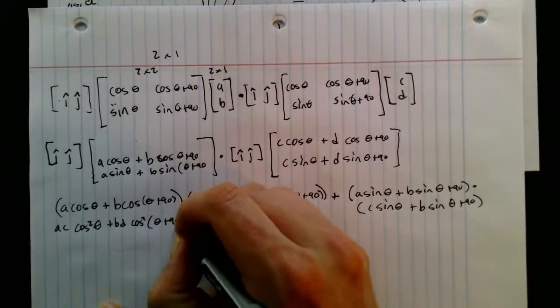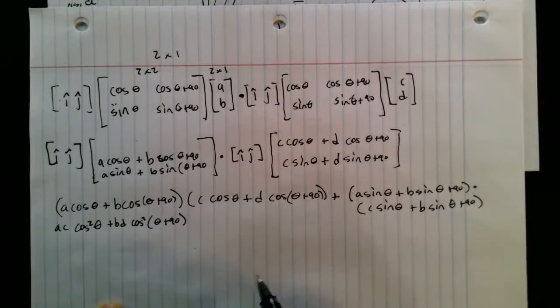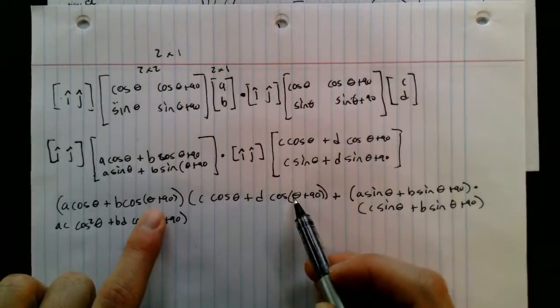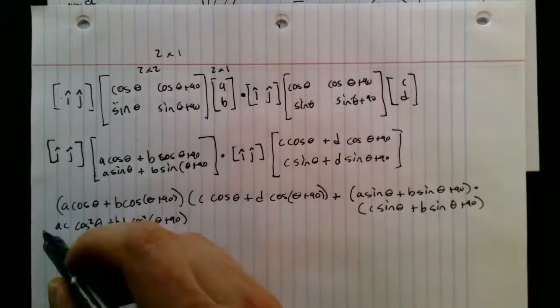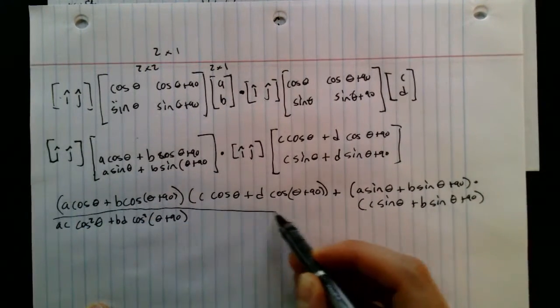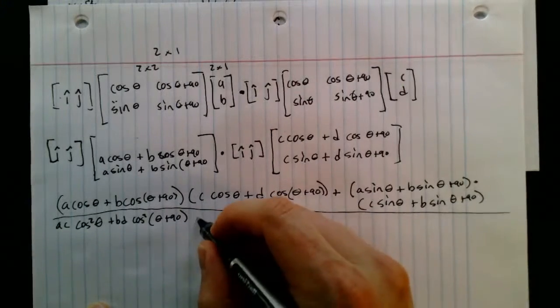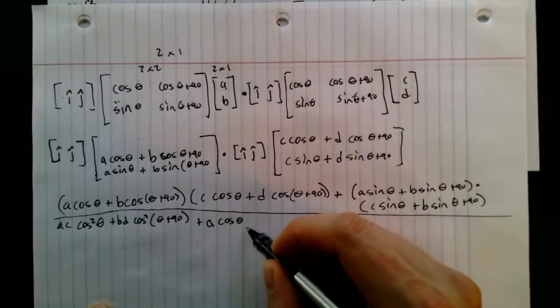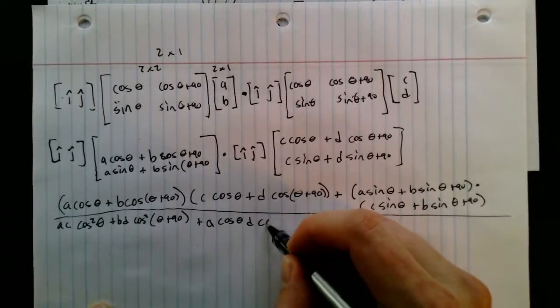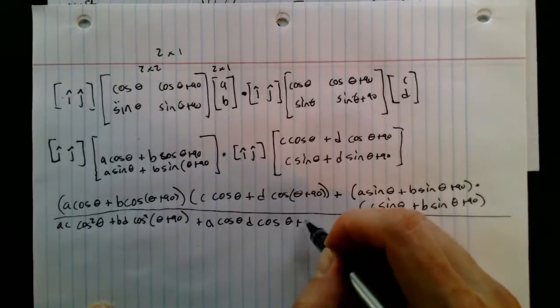Theta plus 90, right? So that's this times this plus this times this. So now we need to do the cross terms. This one, this one, this one, this one. I'm just going to make sure I draw this line. Plus A cosine of theta D cosine of theta plus 90